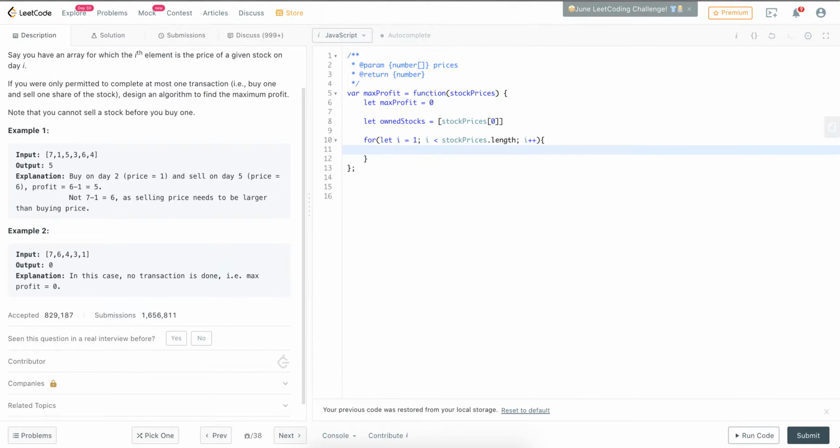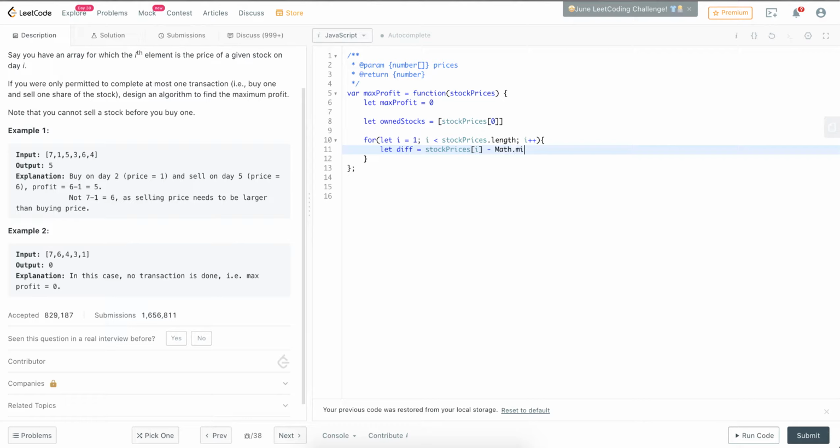Okay. So now inside of our for loop, the next thing we want to do is find our difference, right? Because essentially what we want to figure out is if that difference is bigger than the max profit, that's what we want to set it equal to. So what we can do is say let diff equal stockPrices of i minus